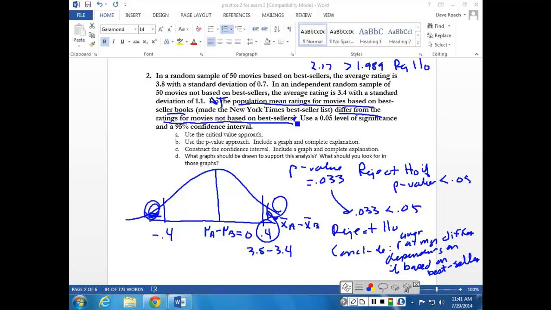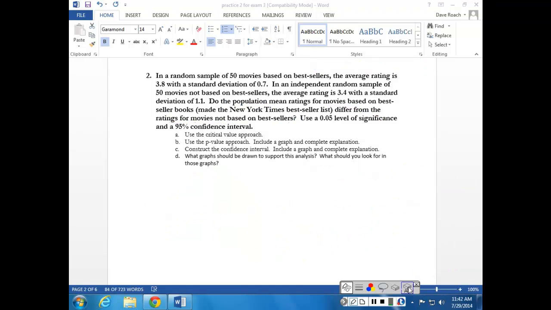You can make up new words if you want and put that into meaning, but that's all we're doing: putting this back into the context of the problem. Questions? Okay, then for the confidence interval,